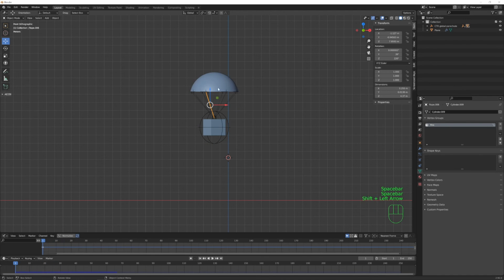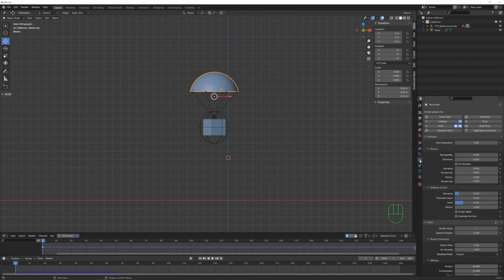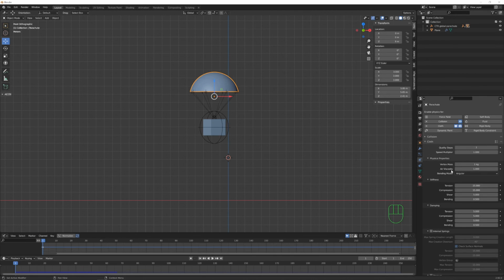So I found out that you can work on that, tweaking the parameters of your parachute cloth object. For example, you can increase the overall speed multiplier, let's say 1.5. You see now they are falling down